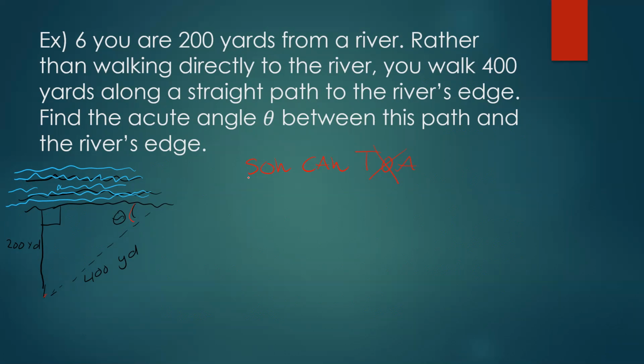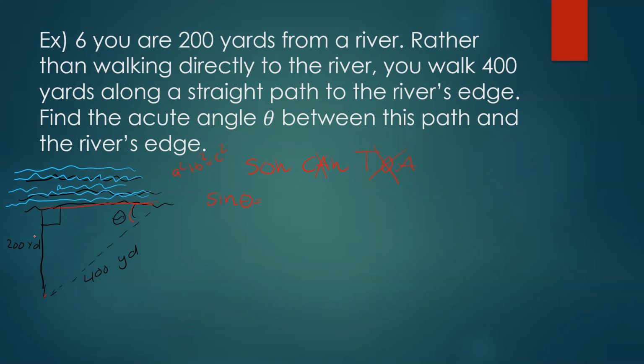So what am I going to use? Can I use sine or cosine? So cosine says it's the adjacent over hypotenuse. So here's my theta. Adjacent would be this side length right here, but we don't know that side length, and I don't want to do the Pythagorean theorem to find that missing length. You can if you want, using a squared plus b squared equals c squared, right? But I don't want to do that, so I'll just use sine,